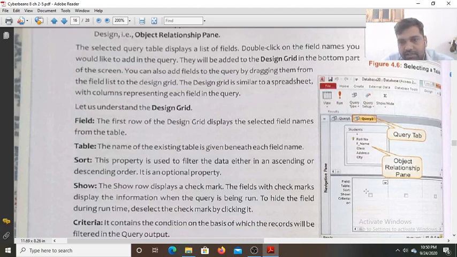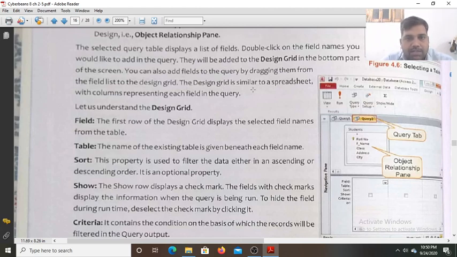If you double click on the roll number, the roll number will be added here. You can also add fields to the query by dragging them from the field list to the design grid.